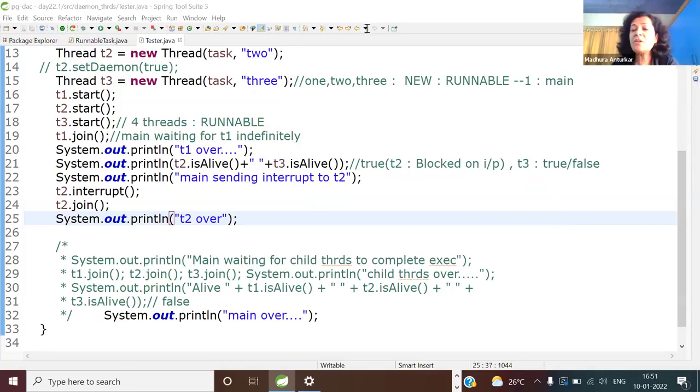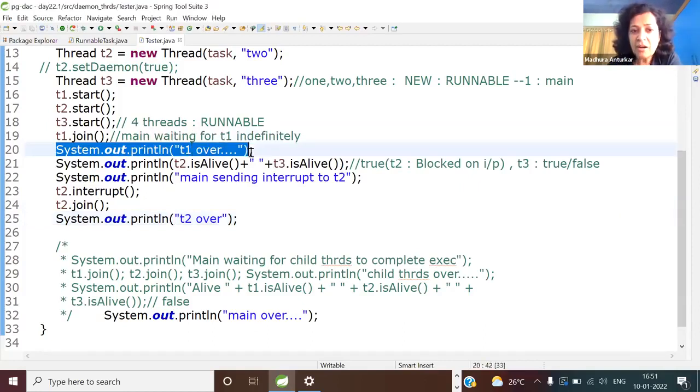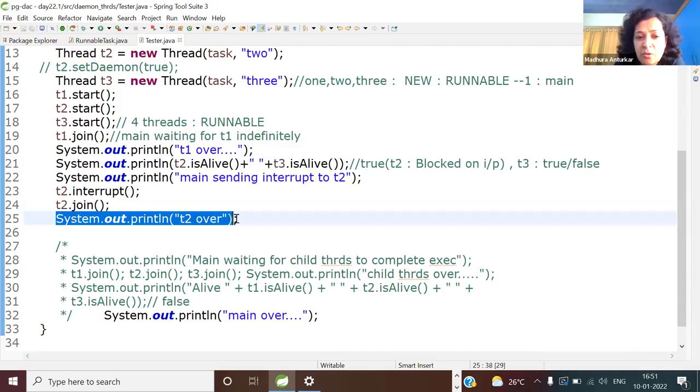So now, please don't run it because I have a question to ask you. Once we start running, you are going to see 100% T1 over. There's no doubt about it. And if you don't press enter, meaning you don't supply data, whenever you type anything and press enter you are giving the data. So if I don't give any input, are you going to see T2 over?